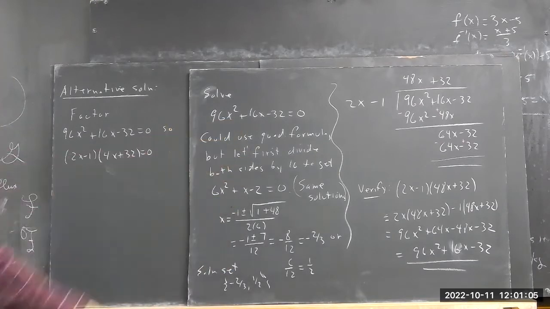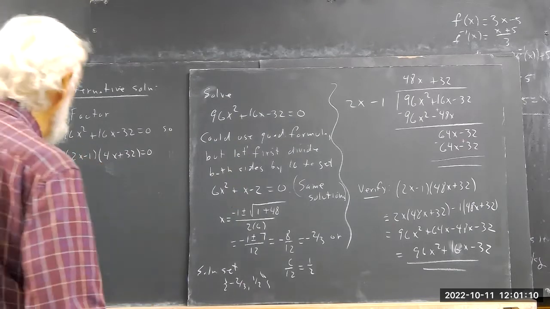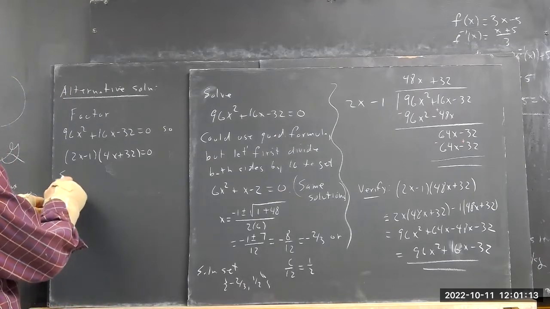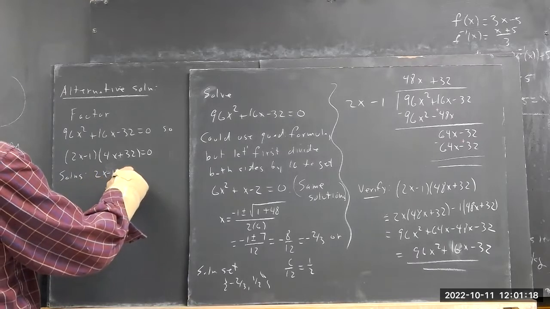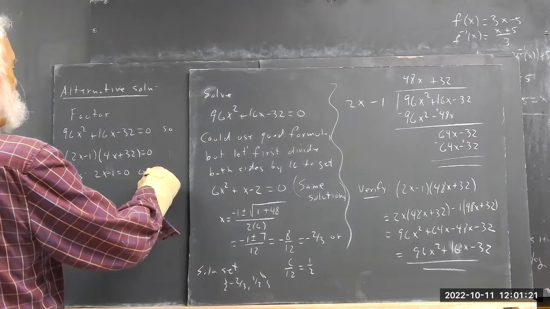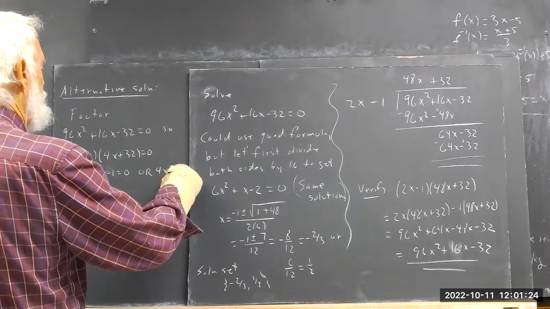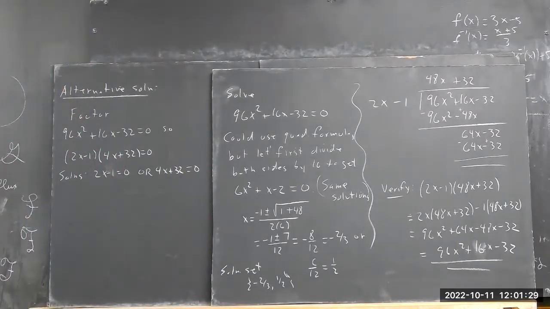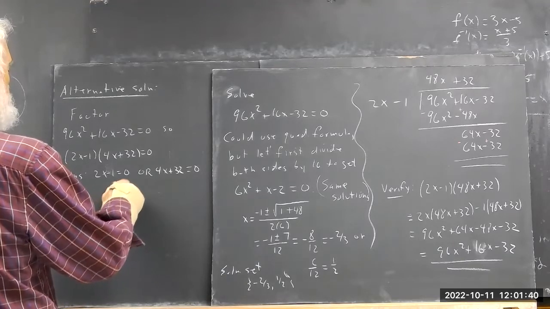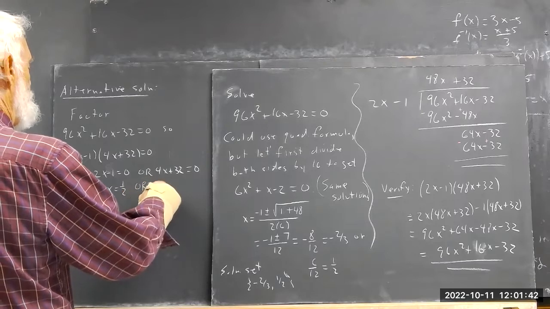But let's just say we didn't notice that there was a common factor, we got careless, and we got this. Well, it doesn't matter. Okay, the only way two quantities multiplied by each other can be zero is if one of them is 0. Then we get x equals 1/2, or x equals